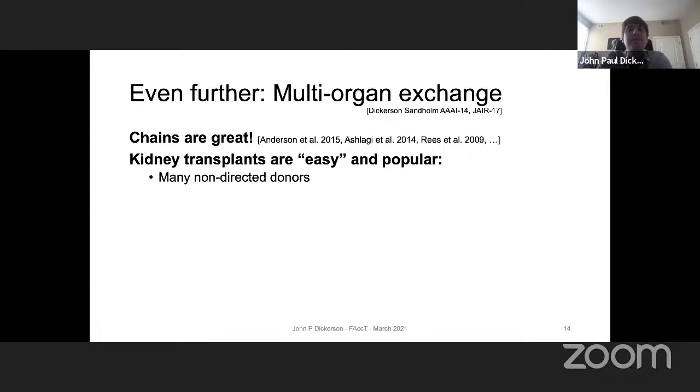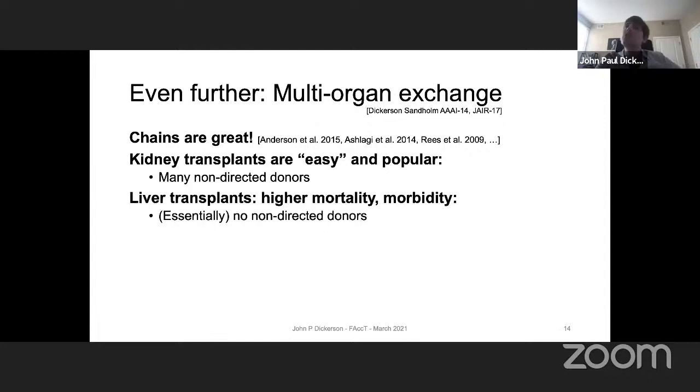These exchanges have high numbers of folks in them. There are many non-directed donors. With liver transplants, though, there's higher mortality and higher morbidity to the donor, which leads to a large drop in the number of non-directed donors who are available. So if I were to have a liver exchange, I likely would not have as many non-directed donors, which means I likely would not have as many chains, which means I likely would have not as much